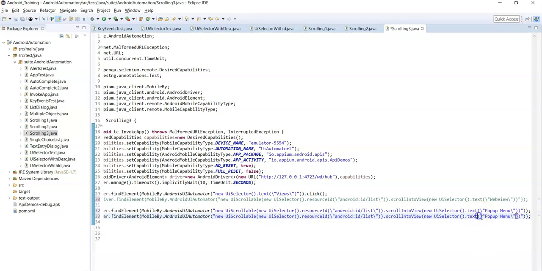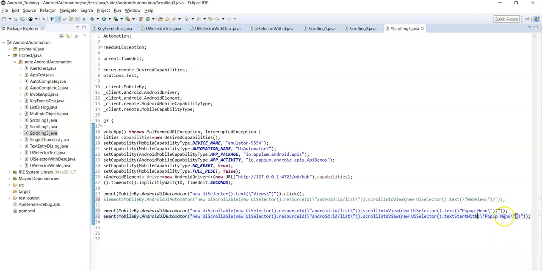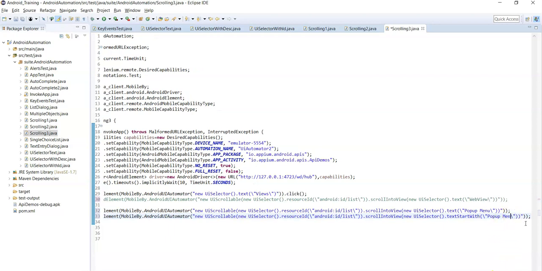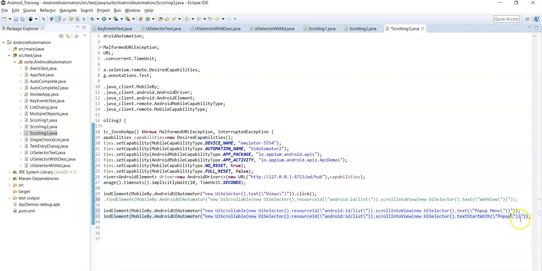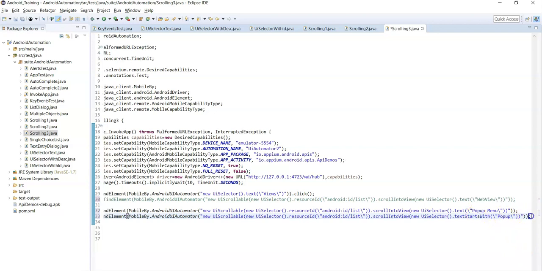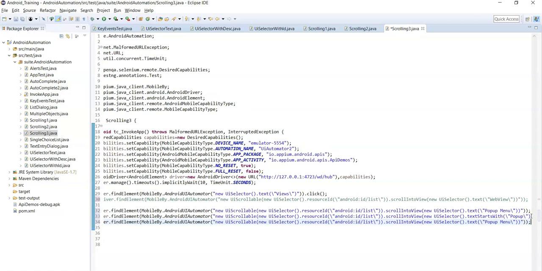So text starts with, you can use text starts with method as well. Text starts with and place some starting value. Okay, now third method is text contains.